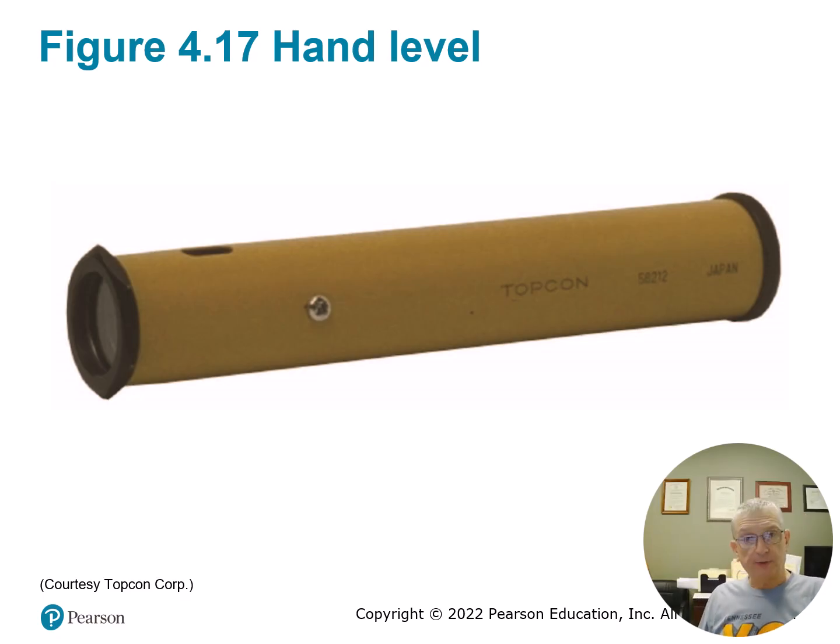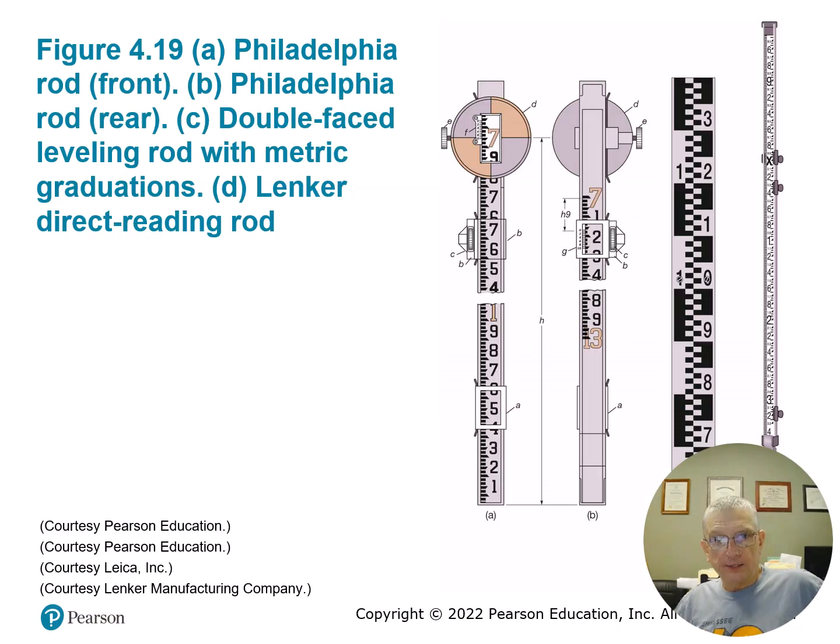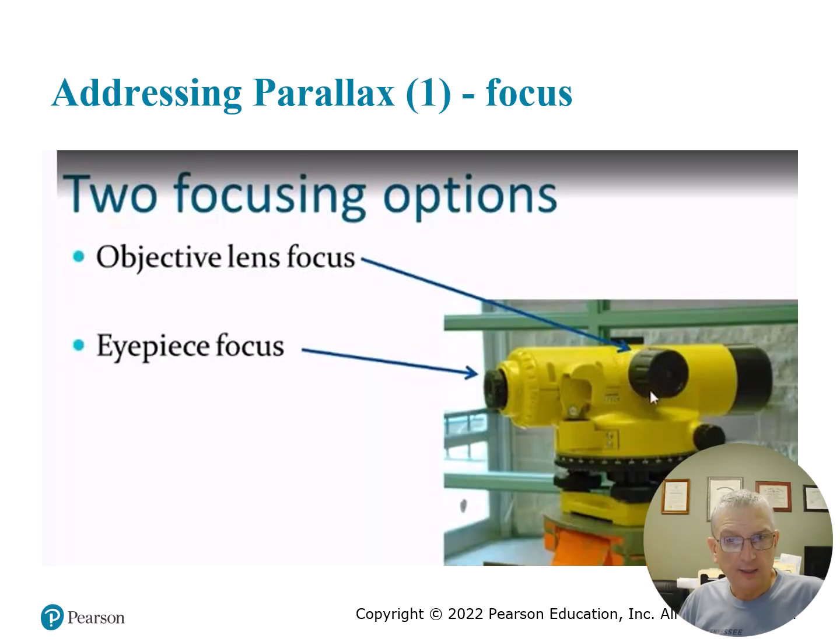It also has applications in some rough construction staking for roads, rough grading roads. You can get close enough to start having a bulldozer or a trackhoe move a lot of dirt, but today they're probably going to use machine control and a GPS file. This figure just shows various rod types. We've already covered that a little bit better in my opinion, but this was in the Pearson provided slideshow,